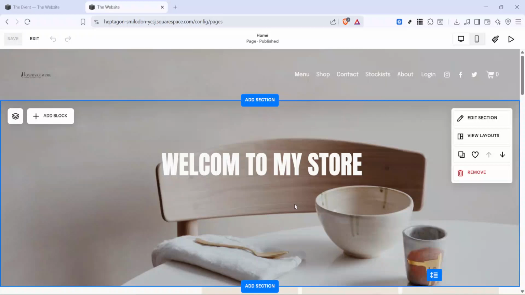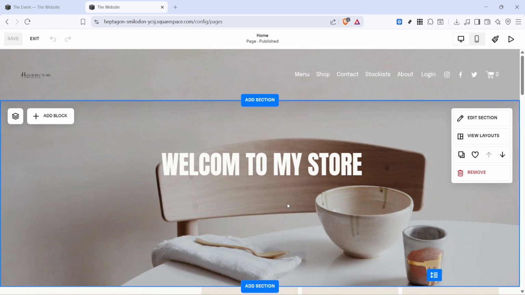In today's video, I'm going to teach you how to change font size in Squarespace. If you want to make the text on your Squarespace website easier to read or simply better match your design style, adjusting the font size is a quick and simple way to do it. Squarespace includes these settings inside the site design panel, so you don't need to edit any code to make a